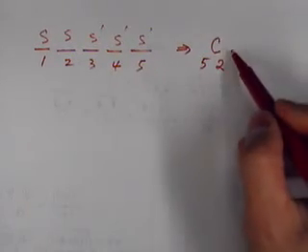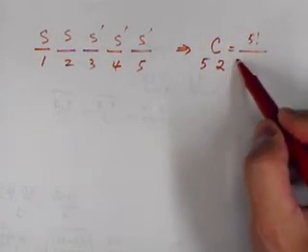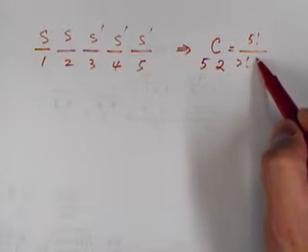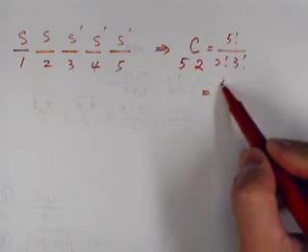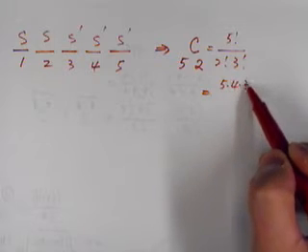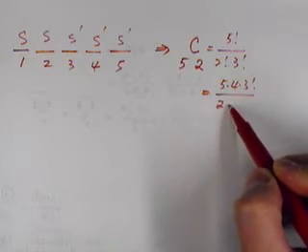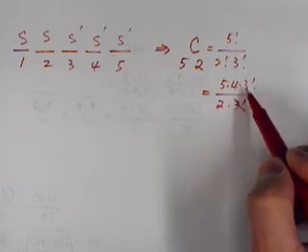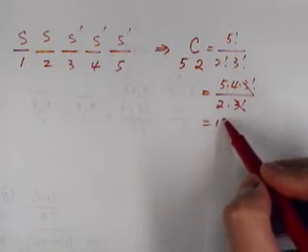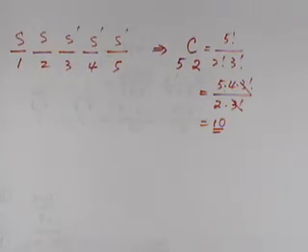If you do this, that's 5 factorial over 2 factorial times 5 minus 2, that's 3 factorial, right? So that's 5 factorial, 5 times 4 times 3 factorial, over 2 factorial, which is 2 times 3 factorial. The 3 factorials cancel, so 20 divided by 2, that's 10. So I can find out that totally there are 10 of these situations. Each of them has the same probability. Right? So I use 10 times each of those probabilities. I get the exact probability of having 2 6s. Okay? And that process is kind of tedious, and you need to know your counting techniques.